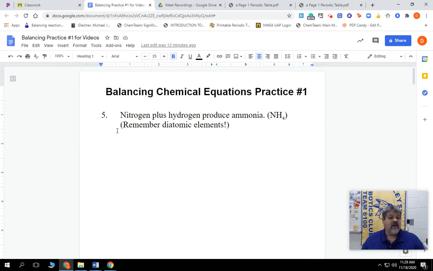So we're going to start off. Here is our word problem. It says nitrogen plus hydrogen produces ammonia. So we have to go ahead and type down here. We're going to type in our hydrogen, and we're going to add to that, go back, change that to nitrogen, and we're going to add to that our hydrogen. Okay, and that's going to yield